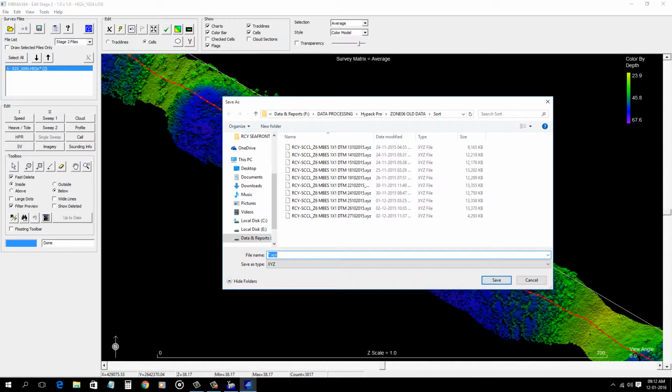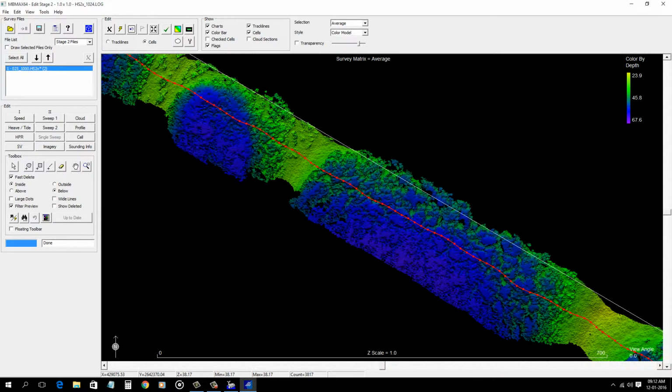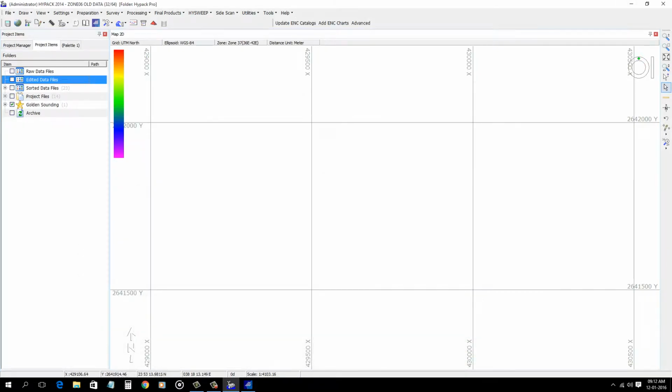Save all files. Here I'm going to save it as a test file. Test. Okay, now you have an xyz file, which is the file you want to export as a DXF.